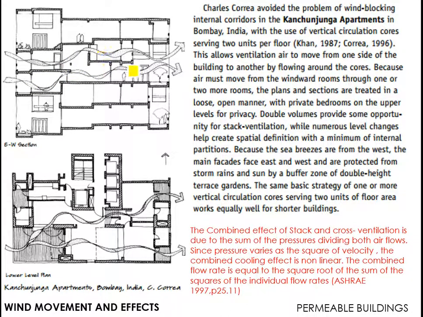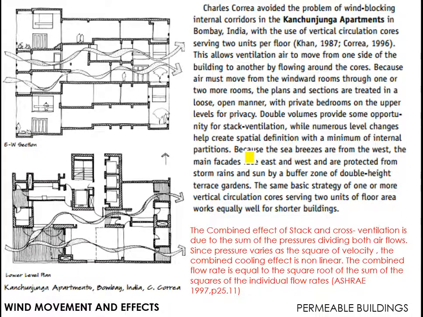Then for the next user it becomes like that. It is vice versa for the next user. It is a duplex plan in such a manner that all the users of the building get proper natural ventilation. That is how Charles Correa's Kanchenjunga Apartments is still unique today, and it creates a good amount of thermal comfort because of the openings of the building, and the openings are also planned in such a manner that they are on the sea side.